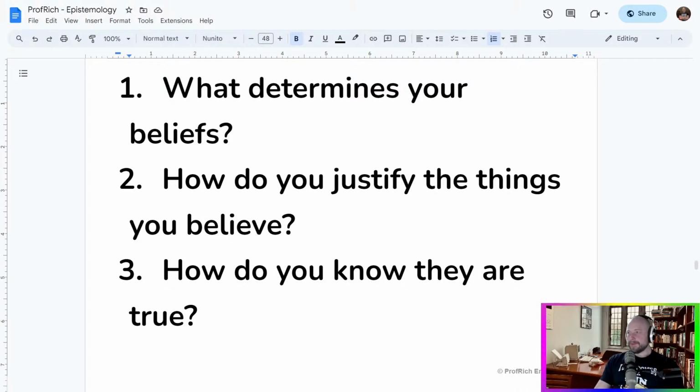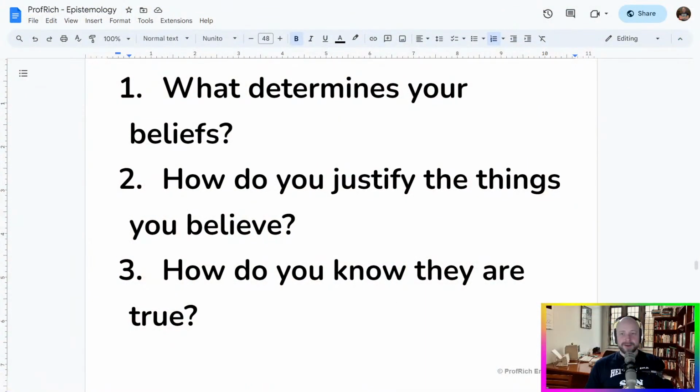All right, so we're going to look at 3 theories of truth. So what is truth? How do we know what is true? That's really the big issue here. That's what knowledge is all about. That's what belief is all about. What's the point in belief if it's not true? The whole idea here is a search for truth. If it's not a search for truth, then there is no meaning at all to our beliefs. It's all just whatever. So we must be concerned with what is true.